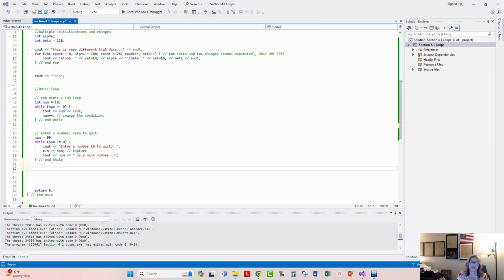And that is the flexibility of a while loop. For loops count up, they count down. You can actually change the condition instead of incrementing plus plus by 1. You could increment by 15 or 25, or you can decrement by 19. So instead of saying count plus plus, I could just say count equals count plus 10, and that would increment by 10. The while loop, on the other hand, is much more flexible because I don't have to count up